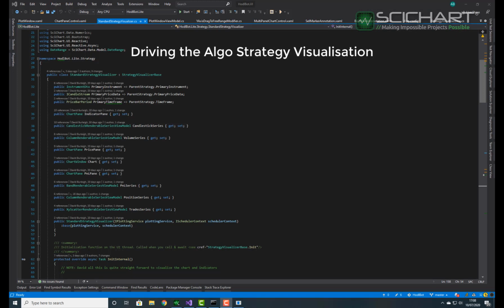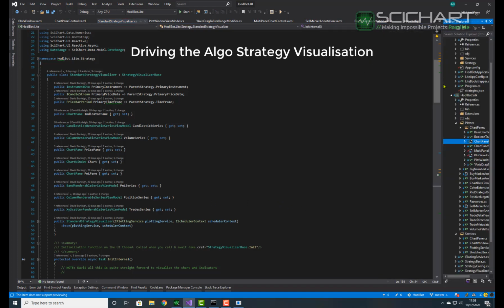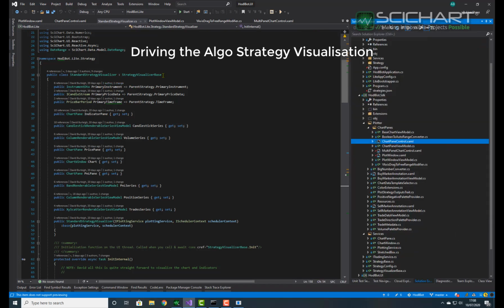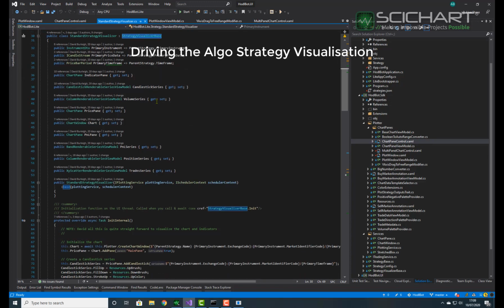Let me show you a little bit about how we're driving this chart. So I showed you how you can add and remove panes, series, and annotations in order to get this behavior, but how does that actually look in code? Well, in our own in-house algo trading framework, we've built something called a strategy visualizer. For every trading strategy, there's a visualizer that goes with it that's responsible for drawing that strategy on the